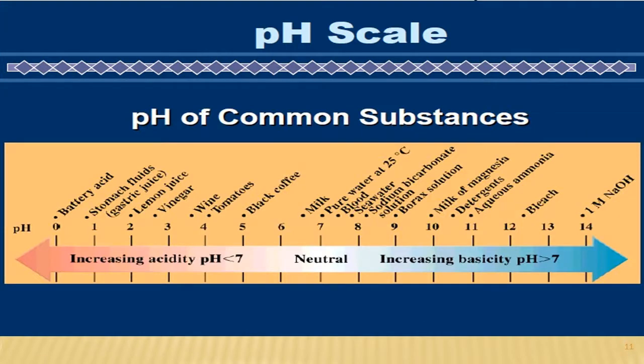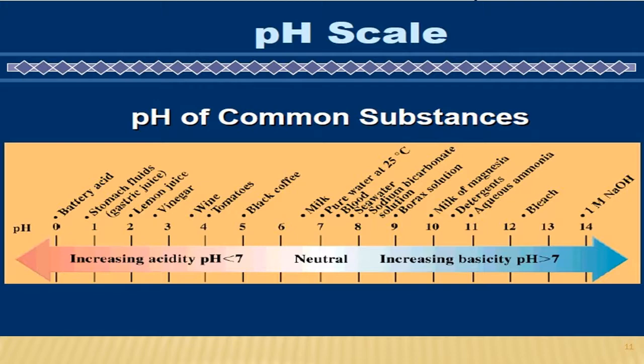pH of common substances, you should take a look at this scale, and you should also know the most important pH values for daily used food, dietary items or nutrients. If we take from 7, pure water at 25 Celsius, less than 7 it will be milk, 5 it will be black coffee,